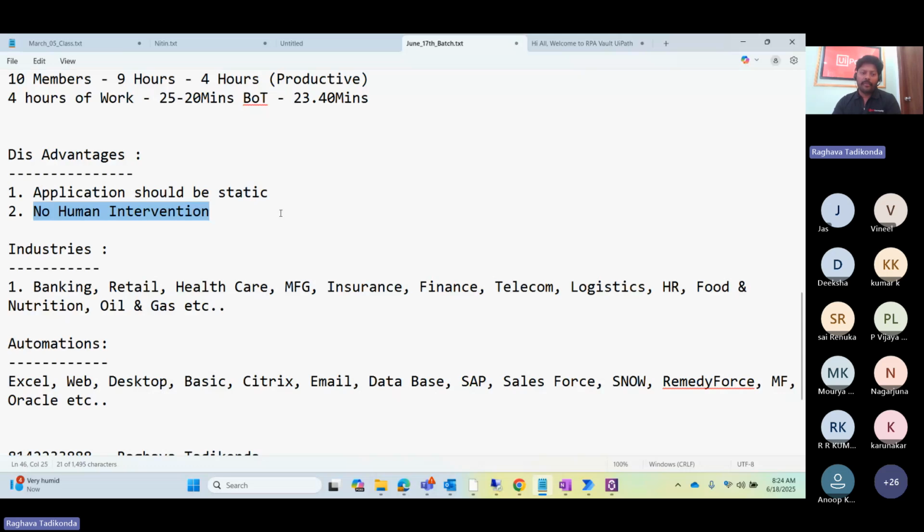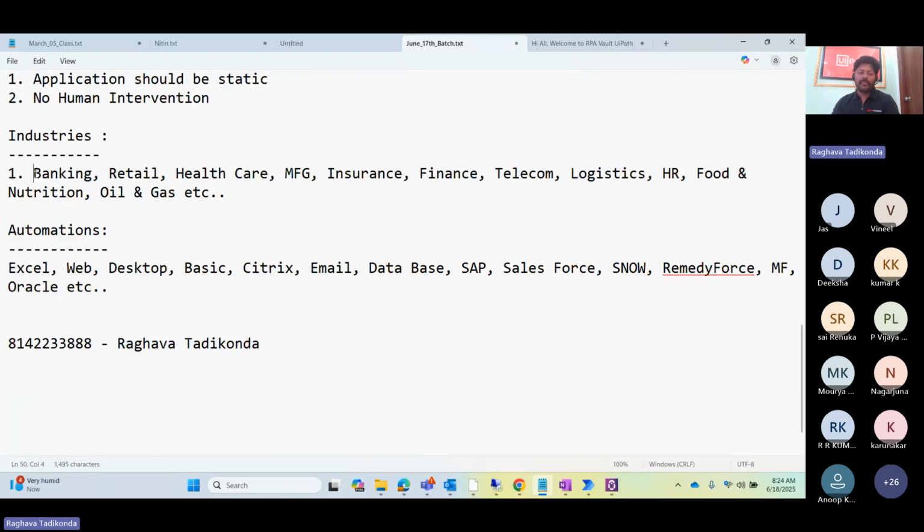Okay. So guys, I have mentioned some of the industries nowadays using this automation on a very high scale: banking, retail, healthcare, manufacturing, insurance companies, finance, telecom, logistics, HR, food and nutrition, oil and gas. So there are multiple industries, multiple processes, guys, believe it or not, because these are all billion-dollar companies. If you consider any bank, Wells Fargo, JPMC,